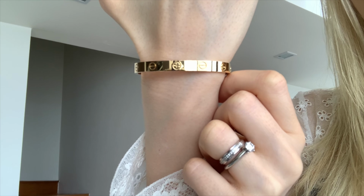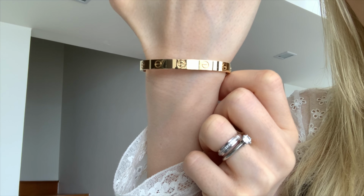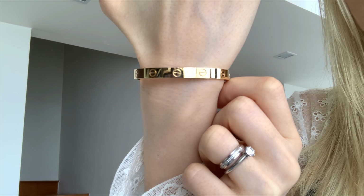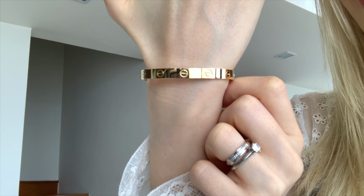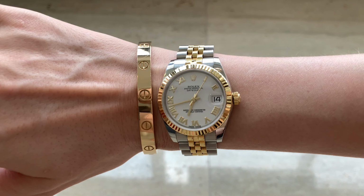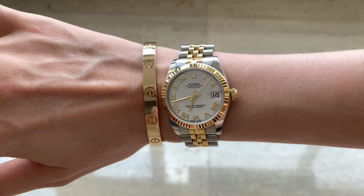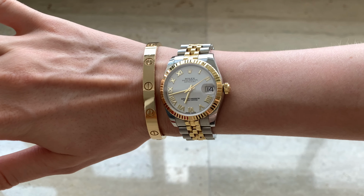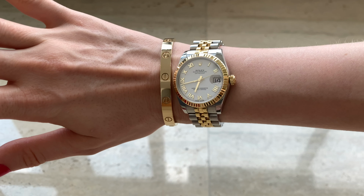Next up on the list is my Cartier Love bracelet because I never thought I would ever buy it. The thought of wearing this bracelet on my wrist 24/7 just made me so uncomfortable initially, but I really like the look, and I think it took me like 2 years to get it. I was always so hesitant and I would always go for Chanel over Cartier in the past, but I think I changed,